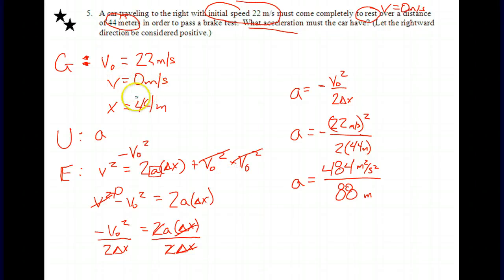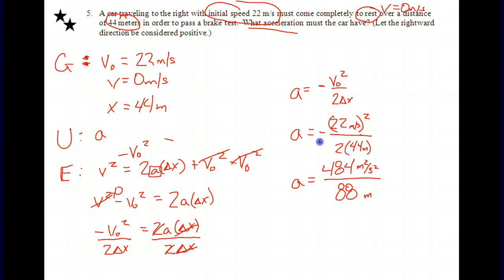Okay, so we're back into part two so that we can finish this up. And where we left off is we had 484 meters squared per second squared over 88 meters. And when we do that, we come up with 5.5, okay? But there is one thing that I forgot to carry down, and I've got to make sure that